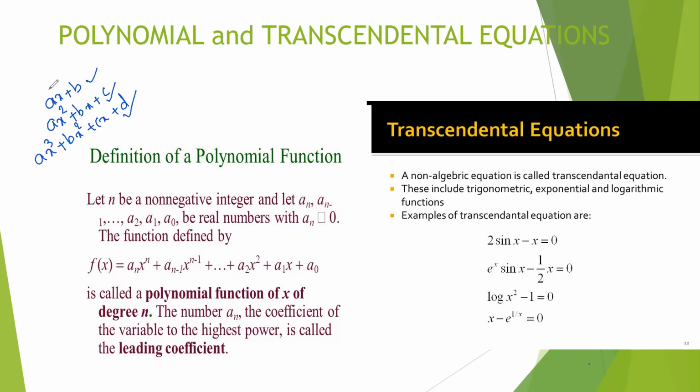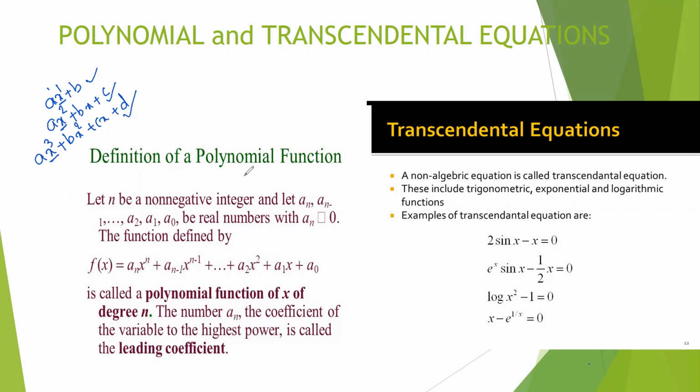So these highest power terms are nothing but the degrees. This x power 1 is the highest power term in this expression, so this is called a polynomial function with degree 1. And here x square is the biggest power term, so this is called a polynomial function with degree 2. And here in this function, x cube is the biggest power term, so it is called a polynomial function with